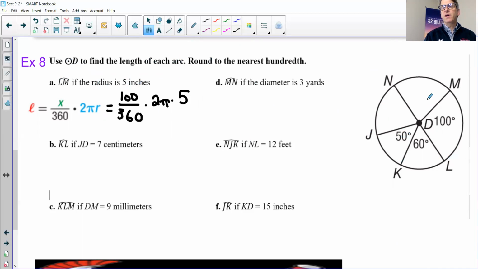This is the formula: L is equal to x over 360 times 2 times pi times r. Use the pi key on your calculator. The angle is 100, so 100 over 360 times 2 pi times 5. 5 is the radius that's given to you. And if you use that calculator work here, that ends up being